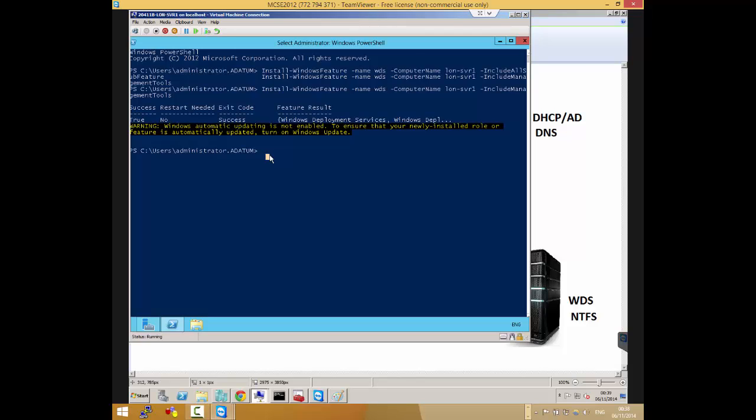Yes. So now we've installed them. The next thing we have to do is configure the server. Now we've installed the server, but it's not yet configured. So go ahead and try to configure it. We want to configure this server as a WDS server. Do you want me to use the command line way or the GUI? Go with the GUI if you want.